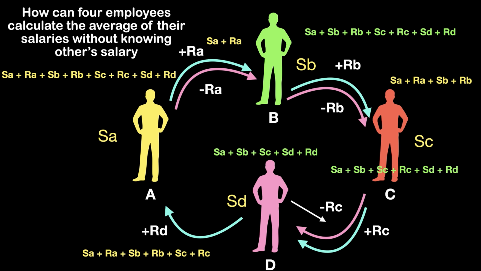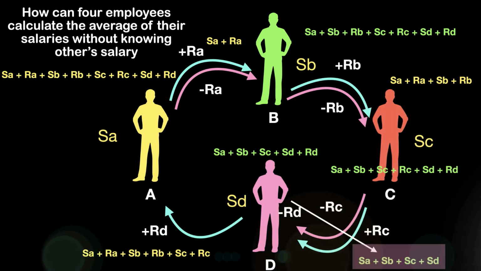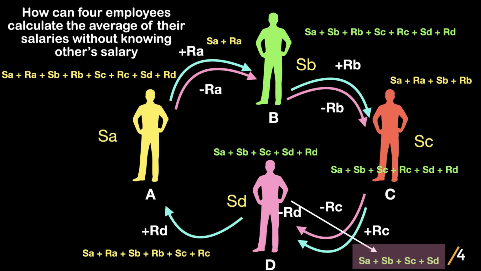And finally, D subtracts his random amount and then the figure becomes SA plus SB plus SC plus SD. Now D knows the sum of all salaries. Now it is easy to get the average by dividing the final figure by 4, which was asked as part of the puzzle. By following these simple steps, we can find the average of 4 employees' salary without knowing